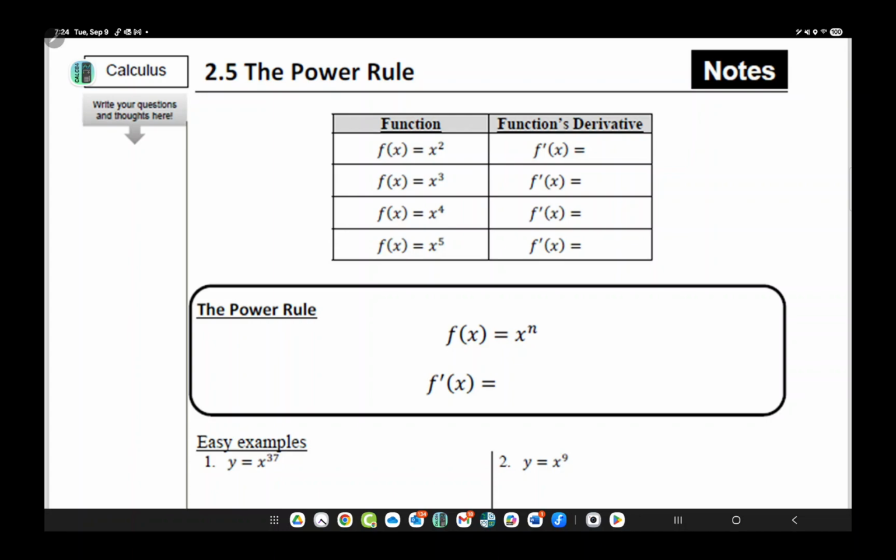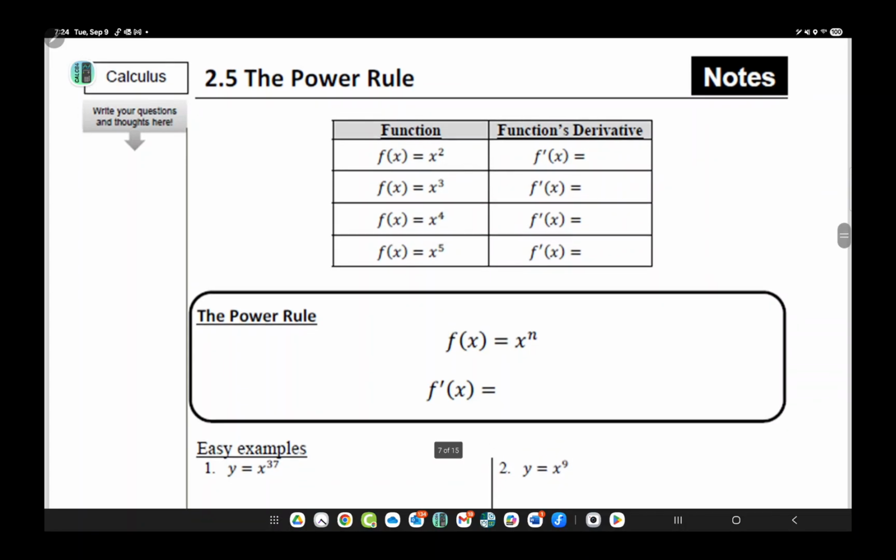All right, so 2.5 power rule. Now, I'm going to tell you what the derivative of these functions are. Again, you may already know the power rule. If you do, great. But if you don't, you should be able to grasp the power rule by looking at the pattern. So for the first one, the derivative is